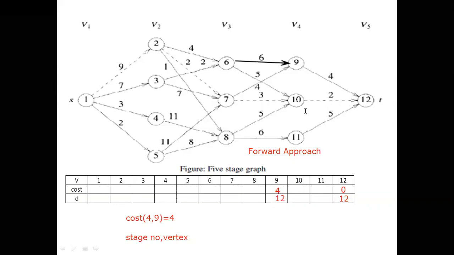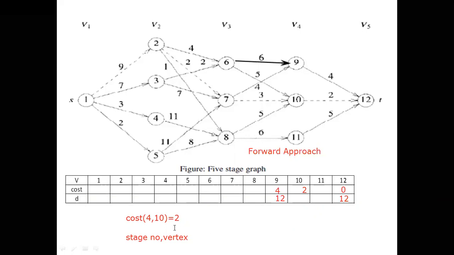We are done with 9, we can go with 10. 4 is the same. Correct? 4 is the same. We do not want to change. Here for 9 we have to change, because the stage number is 4 and the vertex number is 10. I will write it as 10. Alright. What is the shortest path from 10 to 12? Obviously the straight edge, it is 2. For which one should I update in this table? It is 10 I should update. What is the value? It is 2, right? Yes.